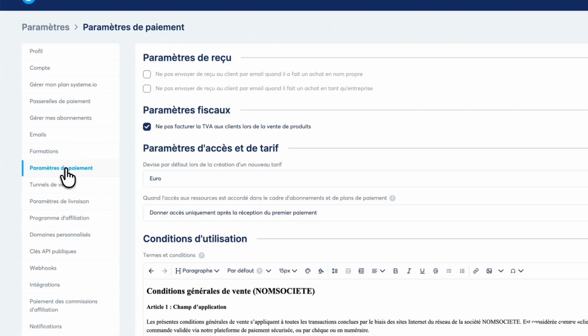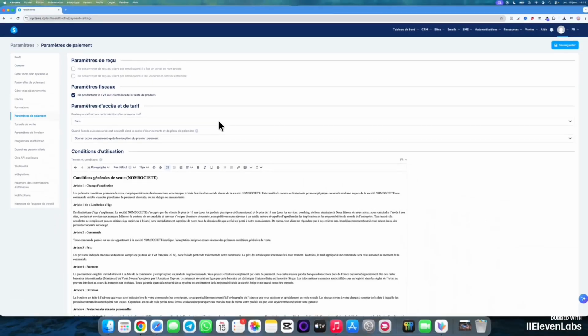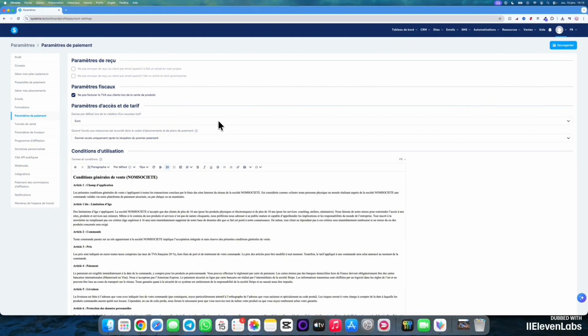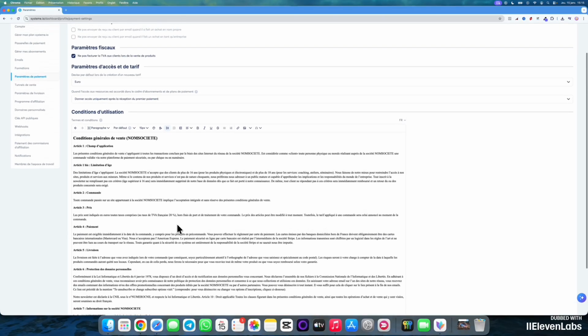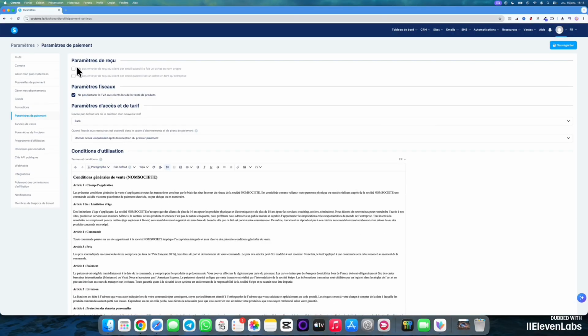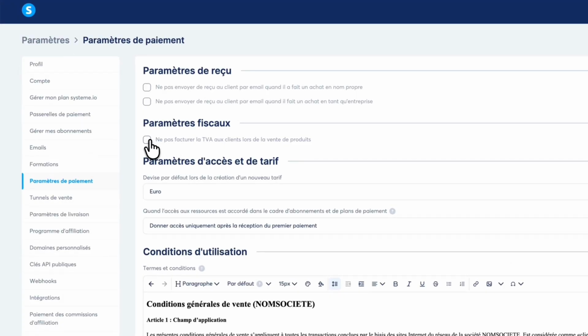In the payment settings, right here, you'll be able to set up your general terms and conditions of sale. You'll then be able to make them available for display on your dedicated payment page. You'll also adjust here the settings for your receipts. Do you wish to send the purchase invoice under your own name? Do you not wish to send a receipt to your client when they make a purchase as a business? You will then set whether or not you charge VAT, you will check or uncheck the box, and you will